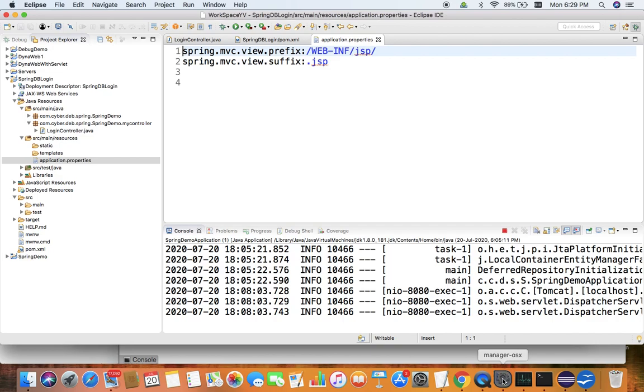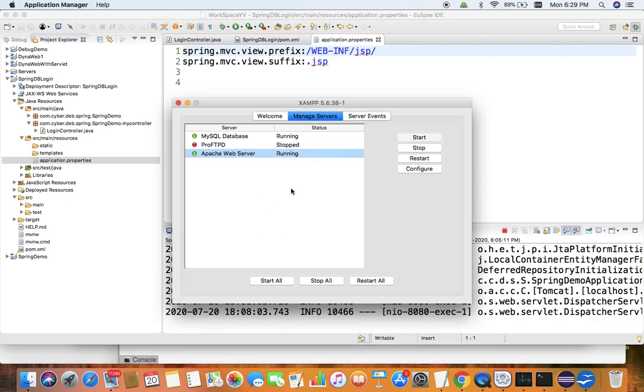In Mac it is going to be available in this format, means once XAMPP is installed, then this XAMPP manager is going to be available, where you have to start this MySQL and Apache server, these two, with the help of the start button.